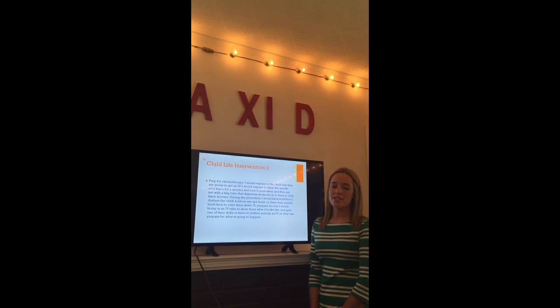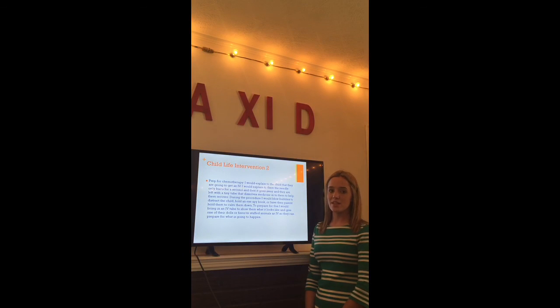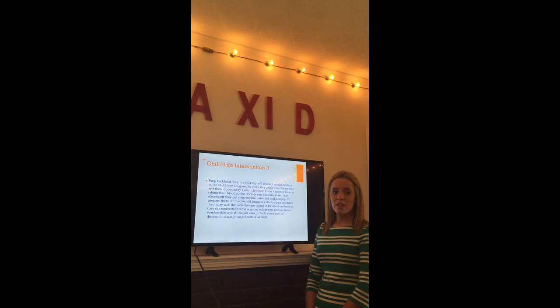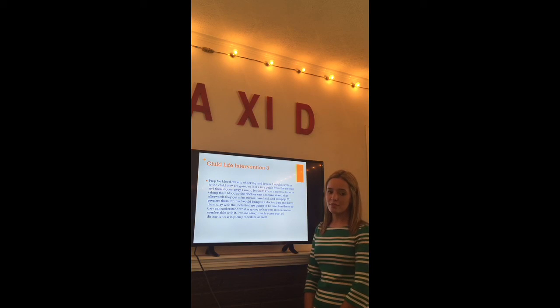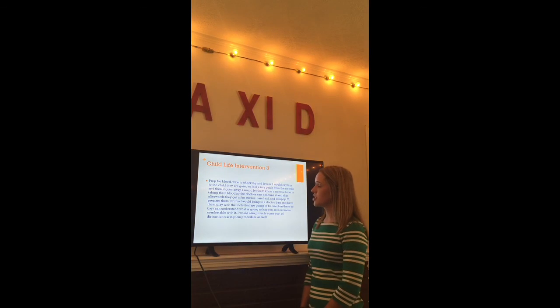When I was hospitalized as a young child, I had a ChildLife specialist show me an IV on my stuffed animal, and it was still one of the only memories I have from that hospitalization. So I know the personal impact it has on a child and how much it will calm the child just to see that happening. The third ChildLife intervention I've prepped is a prep for blood draw to check thyroid levels,